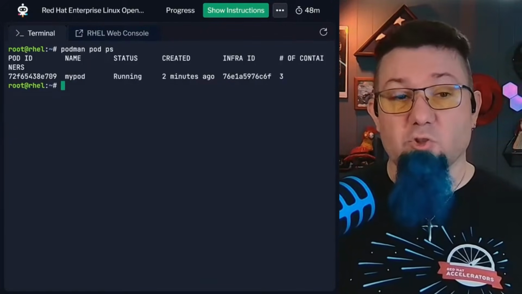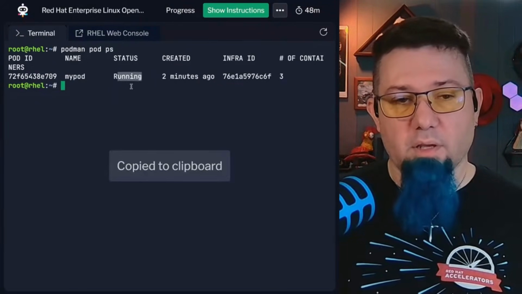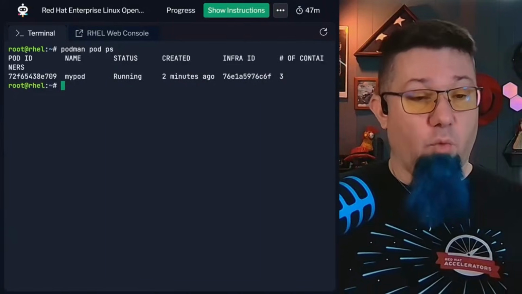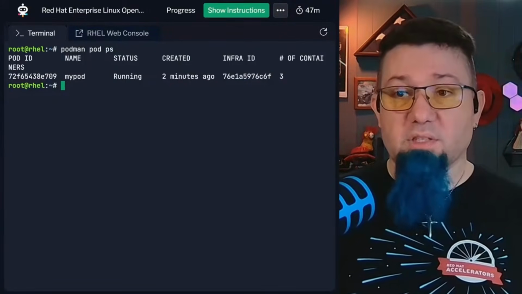I can do things like start and stop that pod. It gives me this status here. See, it says status running. If I had defined health checks for those containers, then if one of them failed their health check, it would tell me in this status. If one of those is down,